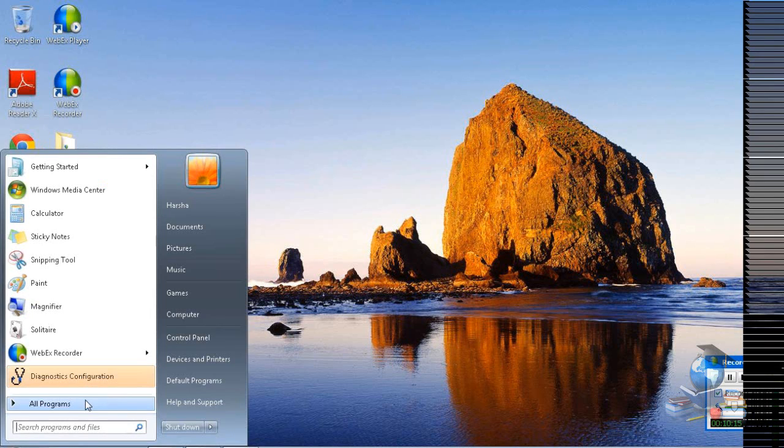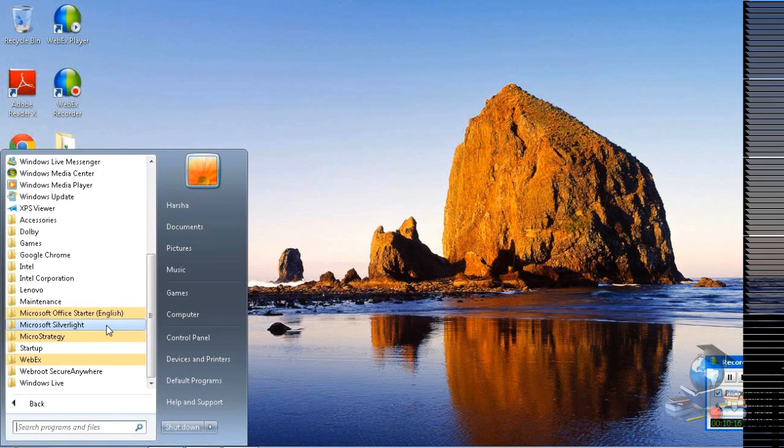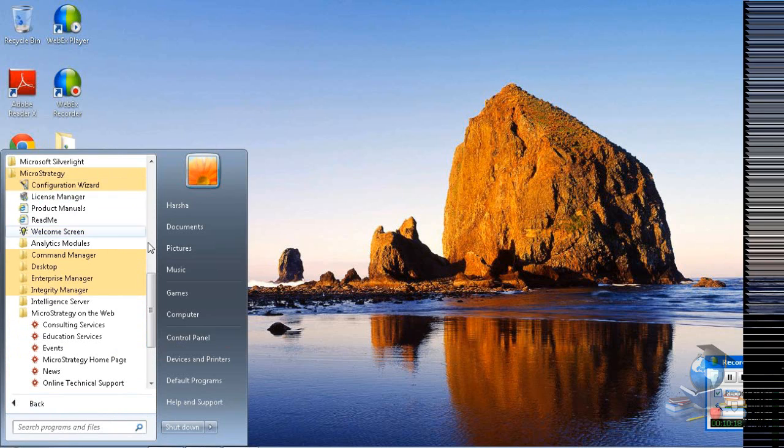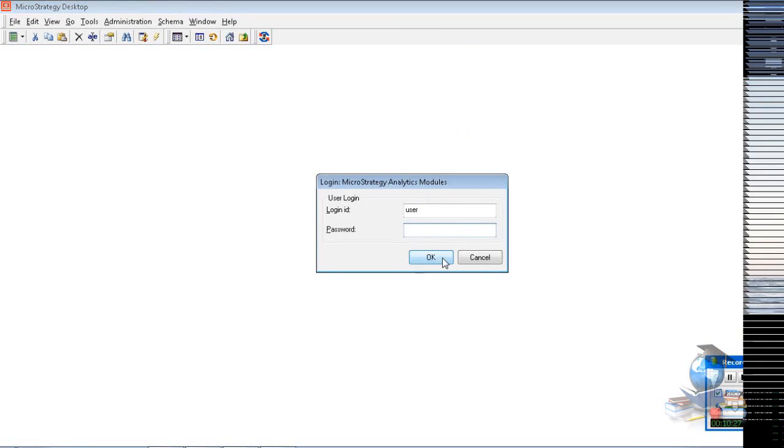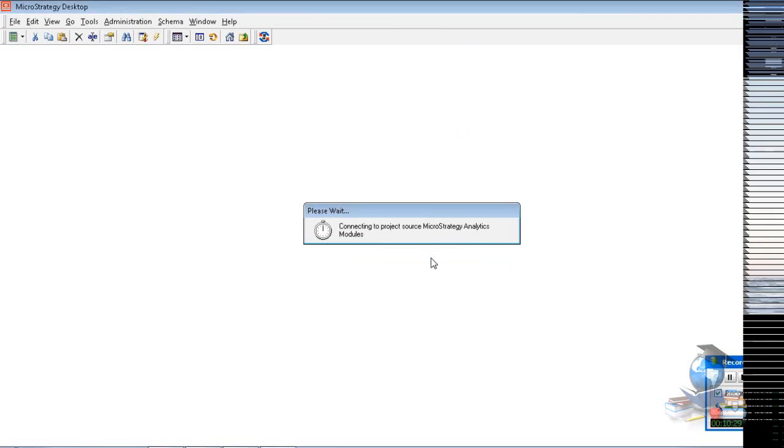No, go to MicroStrategy desktop. MicroStrategy folder, desktop, Desktop. Again desktop. Yeah. Okay. You can,